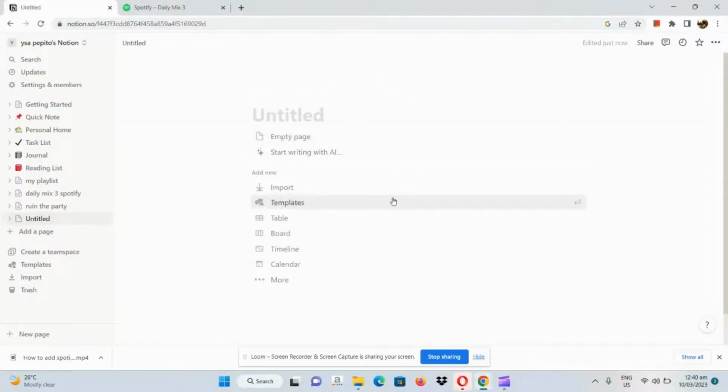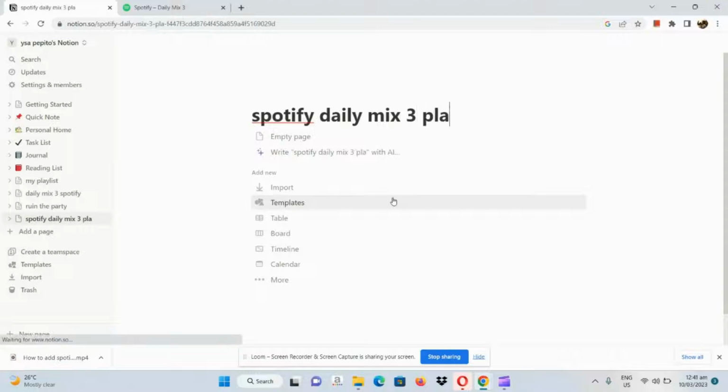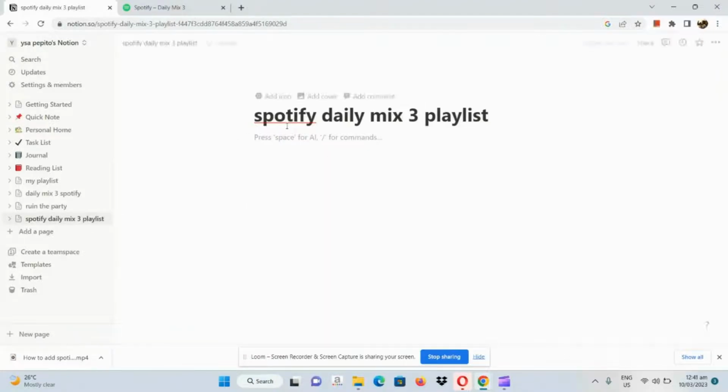So here I have a blank page ready for me, and any title would do actually. So let's just type in Spotify Daily Mix 3 playlist. Okay, let's click on enter. Once we hit enter, we can type in our command. So our command for embedded links is